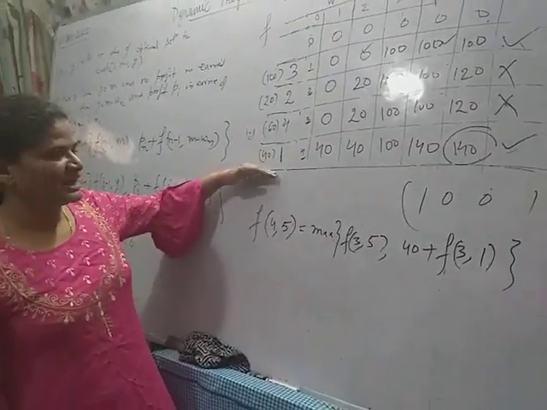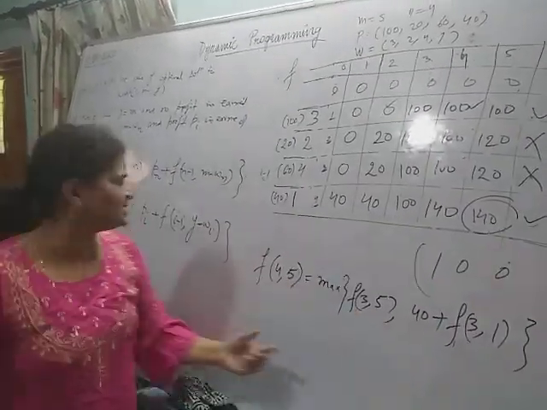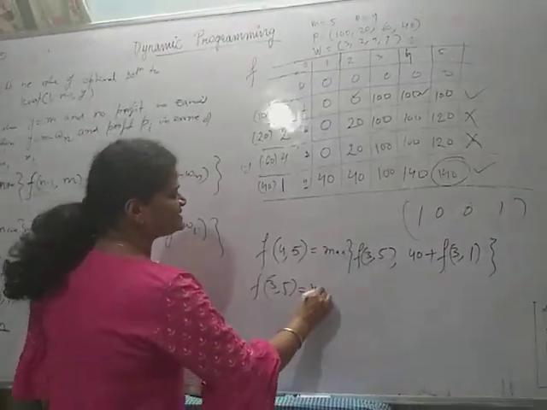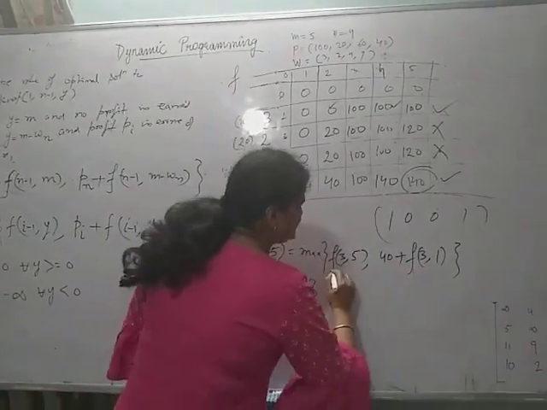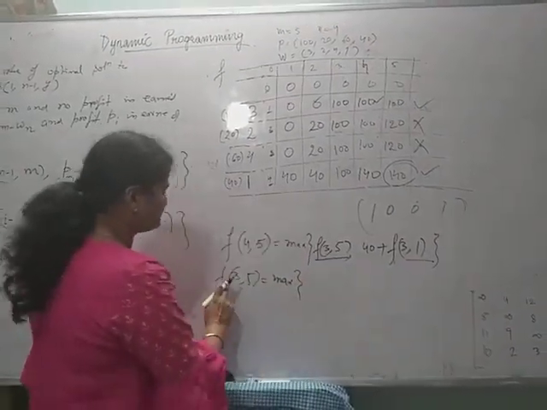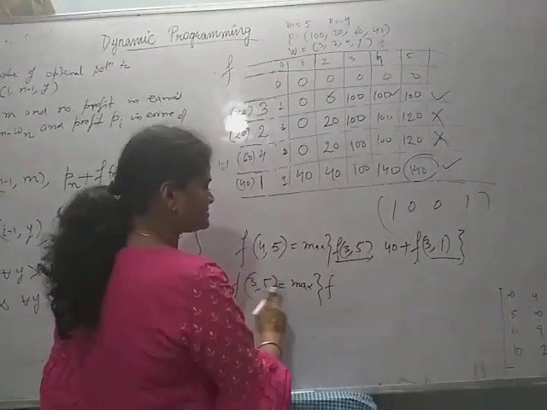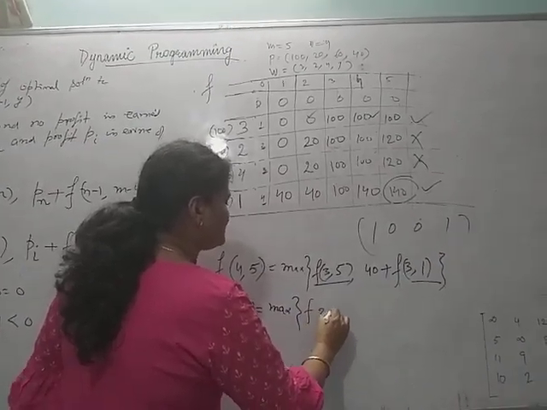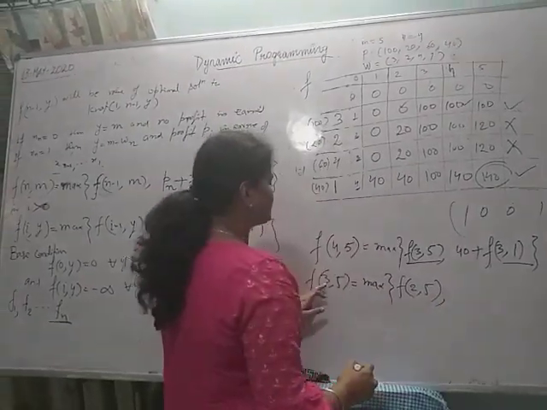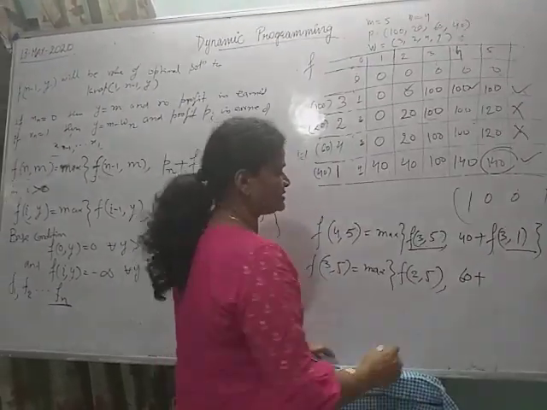Okay, now here it is running from the last, so now here I will begin from the beginning: f1, f2, f3. Now what you have to do is, first you have to compute f(3, 5) using this recurrence relation. So f(3, 5) will be the maximum of what? We cannot get its value until we have the earlier ones, so first compute f(3, 5). How will f(3, 5) be computed? Whether we are not including the third object, then simply f(2, 5), the previous one, and if we include the third object, the profit of the third object is 60 plus f(2, ...).